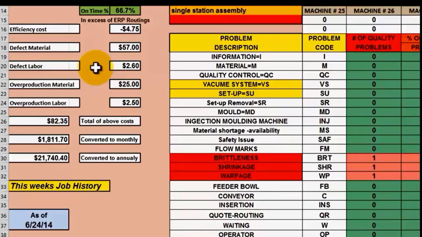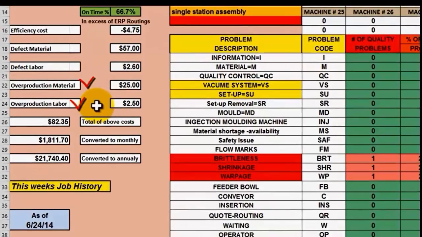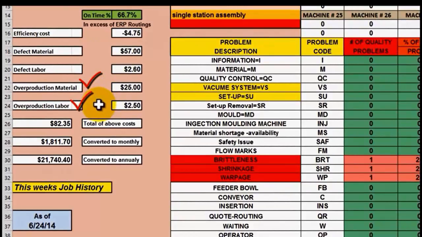Defect material was $57. Defect labor cost $2.60. We overproduced on 1 item by 5 pieces, and we have an overproduction material cost of $25 and an overproduction labor cost of $2.50. The reason these 2 categories do not show up on the displays on the machines is